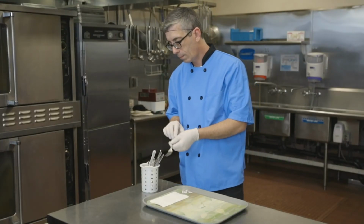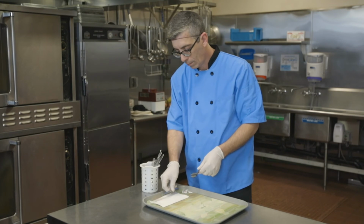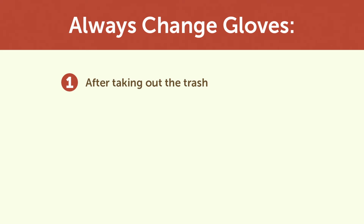In addition to food preparation, use single-use gloves when touching any part of a utensil that will come in contact with food. For example, when setting a tray, if touching the tines of the fork where the food will be, gloves should be worn. When should you change your gloves? Whenever contamination is a possibility, even if you simply touch a part of your skin or if you adjust your glasses or hairnet. Other times to change your gloves include after taking out the trash, after an interruption, such as